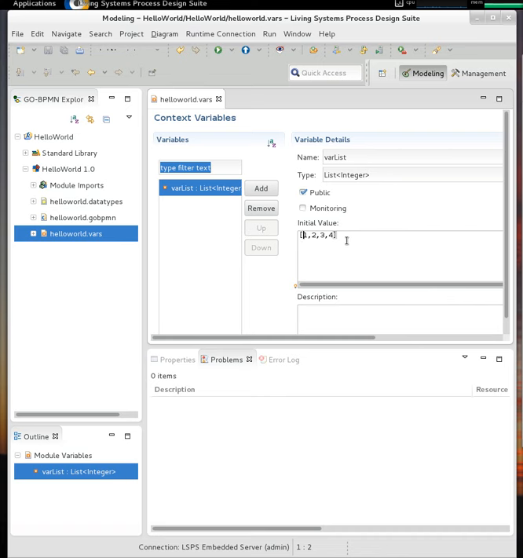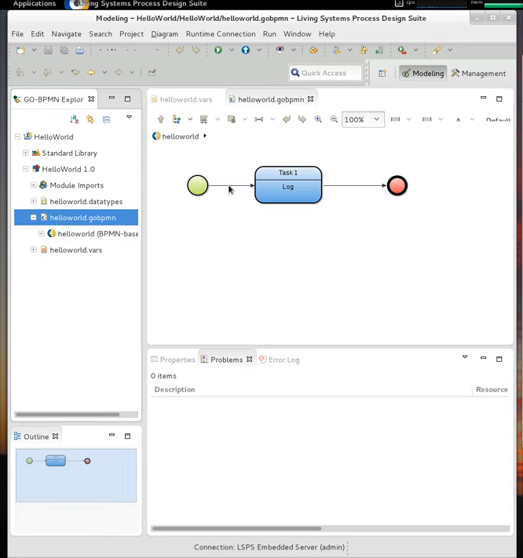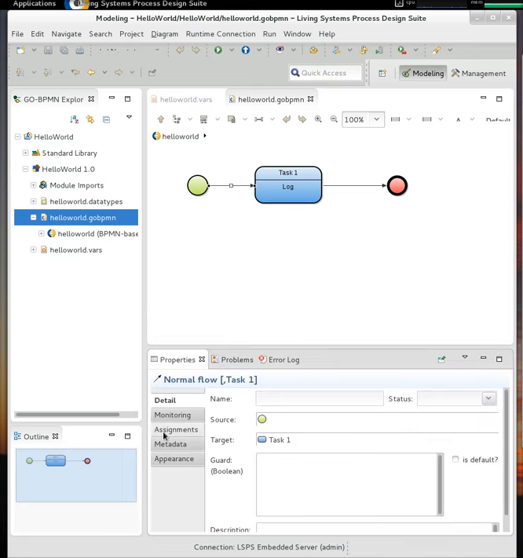Now let's open our process and change the value of the variable from the process. We will change it via the assignment mechanism. Let's say on a flow. You can use this mechanism on any workflow element with semantic value. Let's display the properties view. Let's go to assignments,